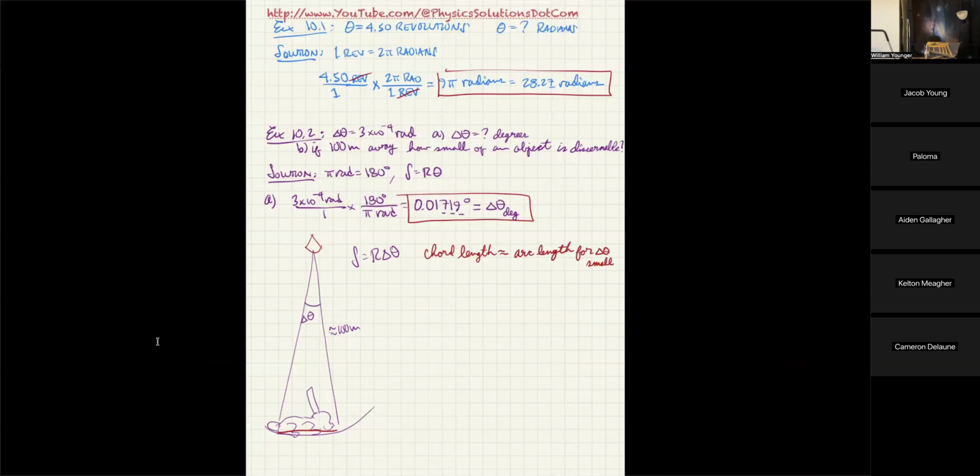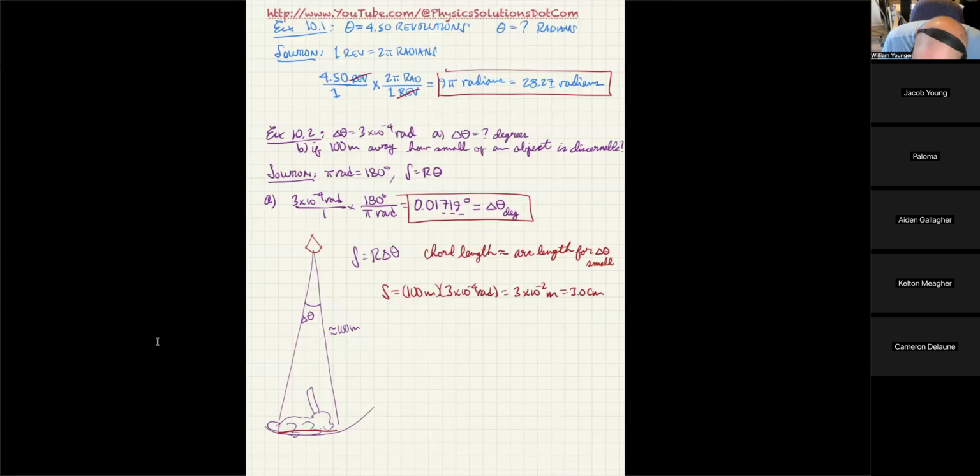So what we can do is say S is equal to 100 meters times, I need this to be in radians, so it's going to be 3 times 10 to the negative fourth radians. And of course, that gives me 3 times 10 to the negative 2 meters. Notice how I just dropped radians, but radian wasn't really a measure anyways. It was meters per meter or centimeter per meter or something like that. So what we have is in fact about